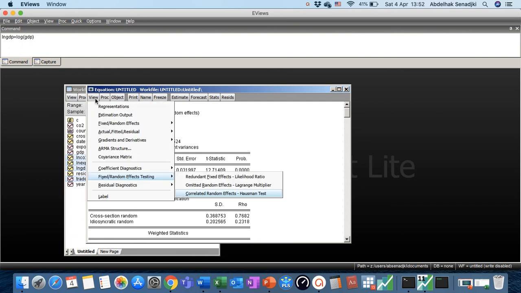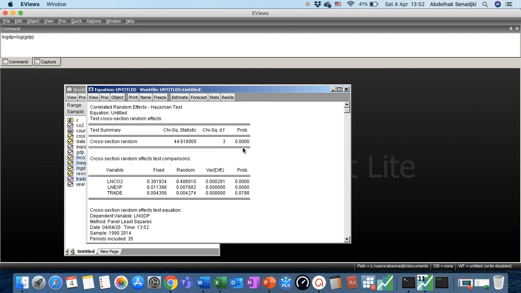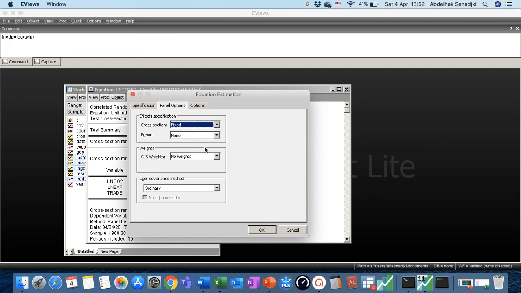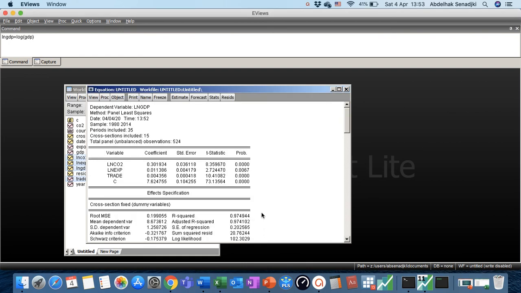So let's go and see: view, fixed random effect testing, and I come here, correlated random effect Hausman test, and the probability of the chi-square is 0.000, which is less than 0.05. Therefore I can reject the null hypothesis that says the random effect is most appropriate, and I will accept the alternative hypothesis that says the fixed effect is the most appropriate. Therefore I go back to the estimate option and change this back to fixed and click OK,